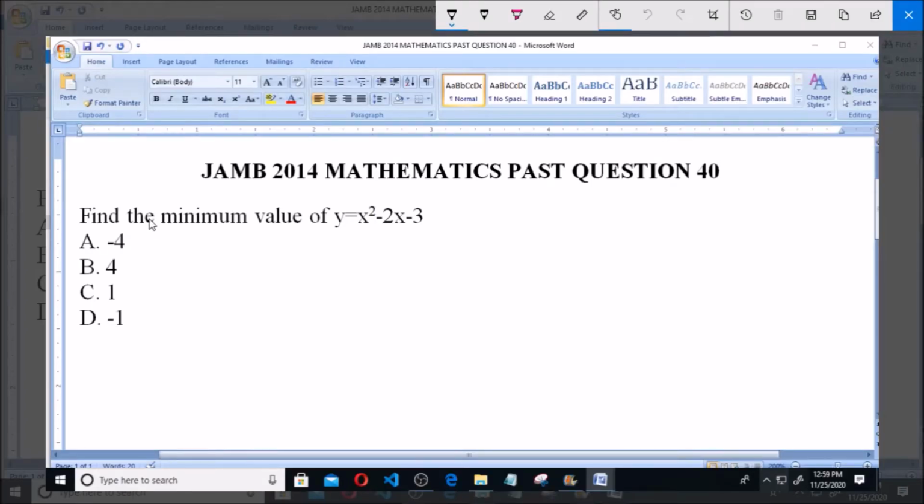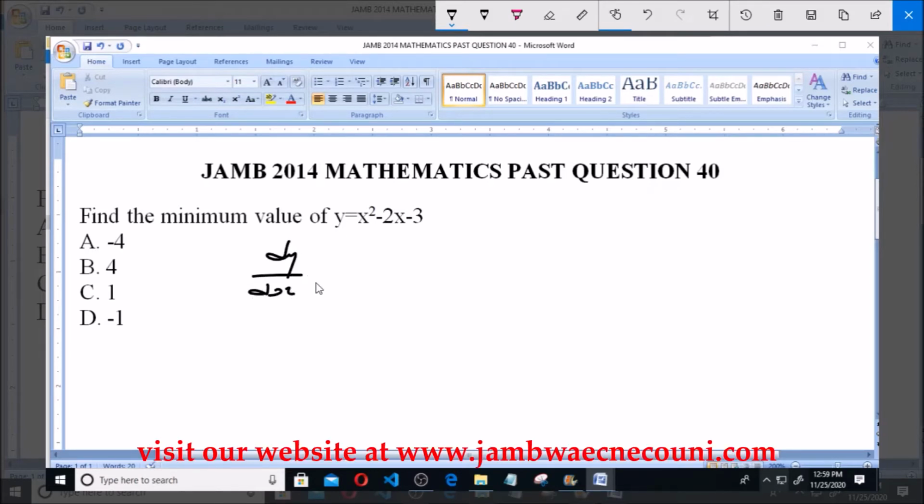I'll be answering JAMB 2014 Mathematics Past Question 40. Find the minimum value of y is equals to x squared minus 2x minus 3. Now, for us to find the minimum value of this, it simply means that we are to differentiate y in respect to x. So differentiating this, we have dy/dx is equals to, now differentiating x squared, we have